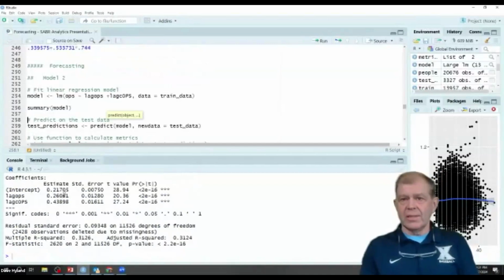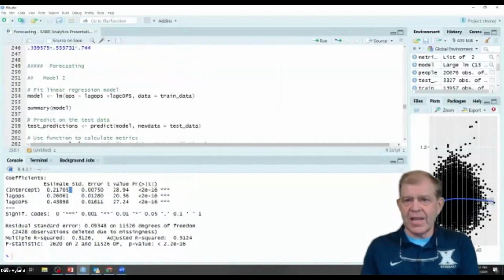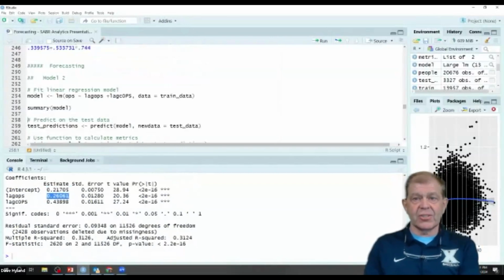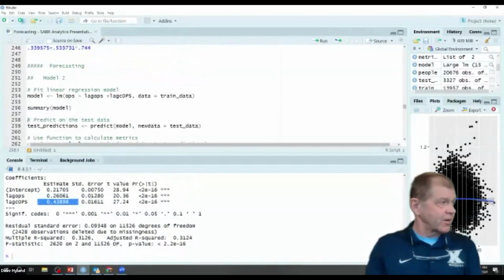So here are our results. Our intercept, 0.217, plus 0.260 times last year's OPS plus 0.43898 times their career OPS. So when we think about it, last year's OPS was important, but their career OPS is almost twice as important.